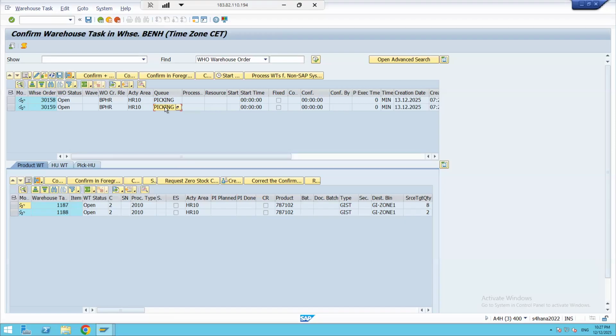Only one. If there are two warehouse orders pending under the picking queue and two persons are working here, the two persons will start going for the picking activity. If there is only one person working in the picking, the first operator will go and execute this warehouse order. Means he'll execute this warehouse order with its two warehouse tasks. He'll go to the high rack, pick these two handling units and go to the GI zone